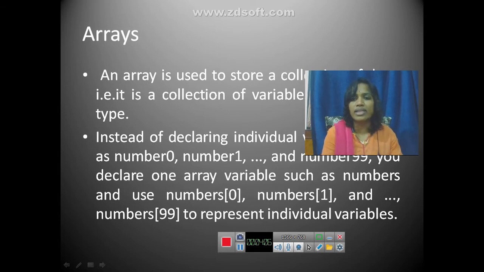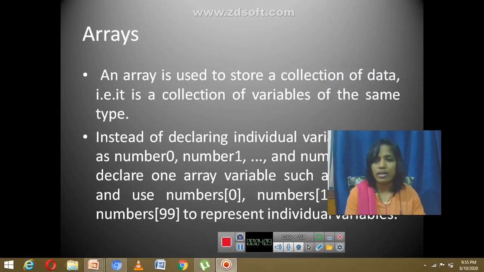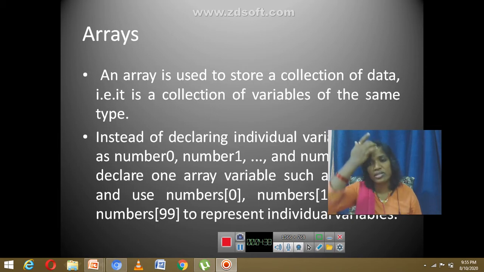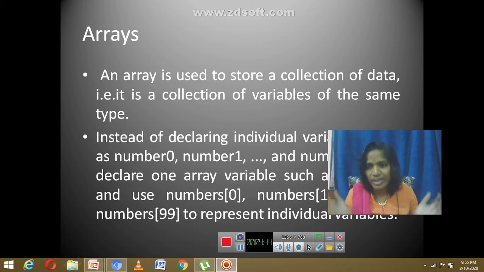So an array is used to store a collection of data. As I've said, if I am talking about prices of 10 books, I can group all the 10 books' prices into one place. That is, it is a collection of variables of the same type. I can group all the prices at one place. If I want to group all the characters at one place, right? All the grades. If I am talking about the students' grades, I can group all the grades at one place. So it's an array of characters,